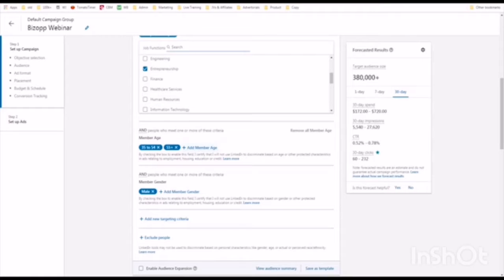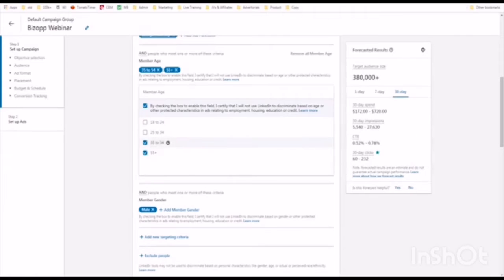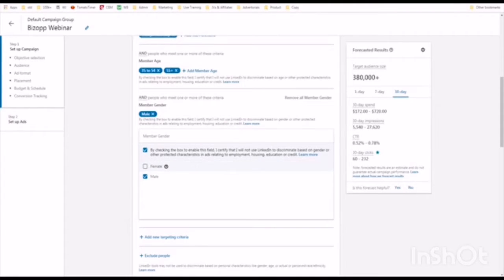Now then, we can also target people by age. You can target people by age categories. You just click add member age, and whatever age your users are, that's great. You can target by gender. Again, you simply check the box and you'll see the target audience size will change based on what your targeting